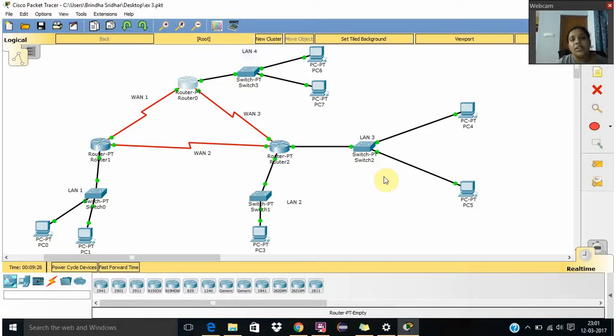So I have done all the connections, so it blinks all green. If there is no connection, you will get